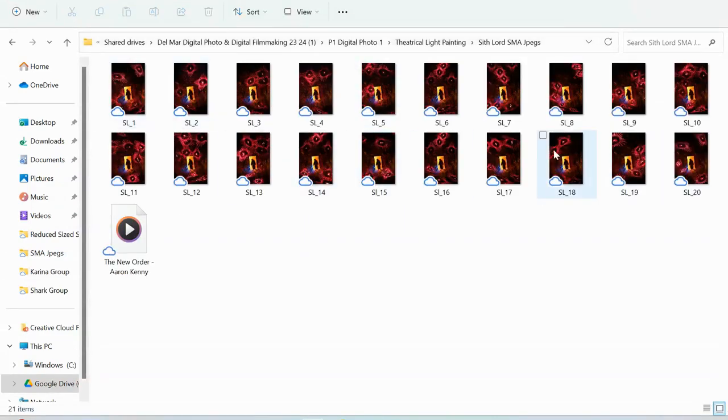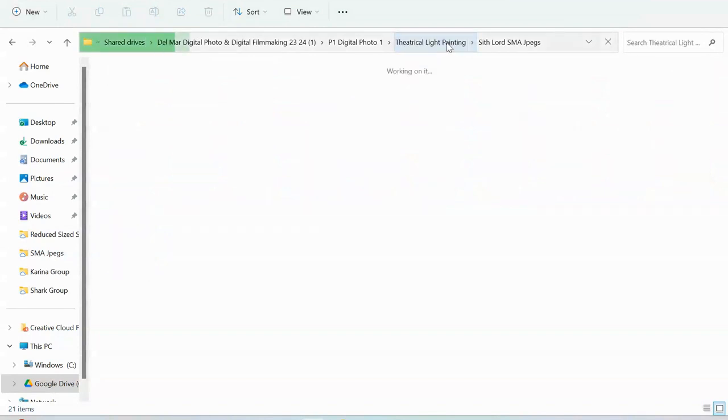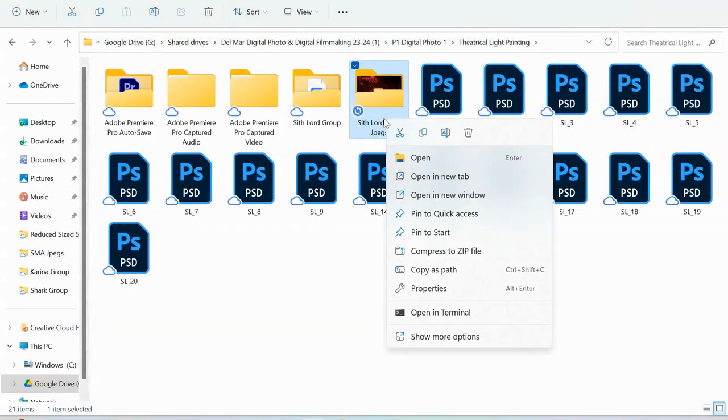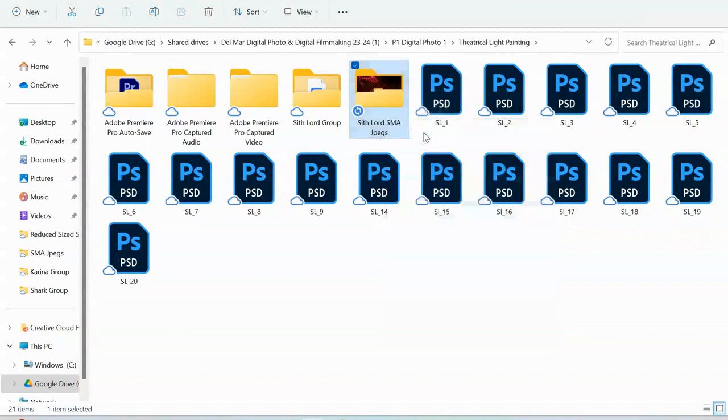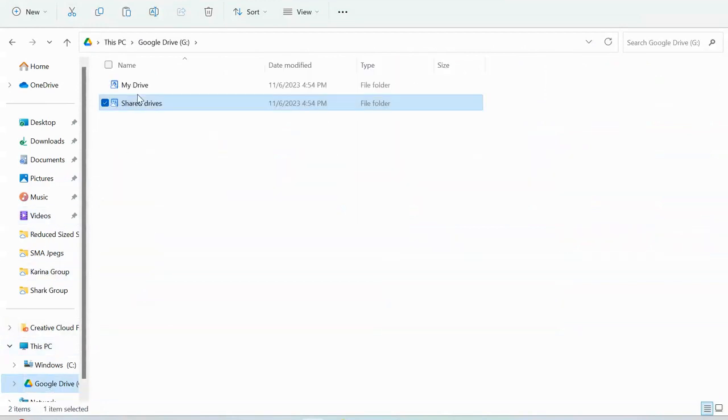So you can see all the images and you can see the music. Okay, so you want to copy this folder. So let's right click and let's copy. And then you're going to go into your drive, my drive,